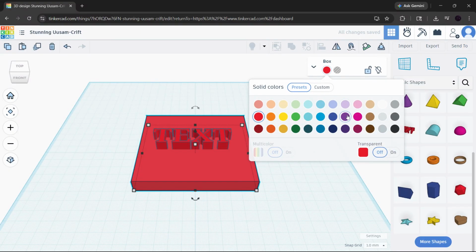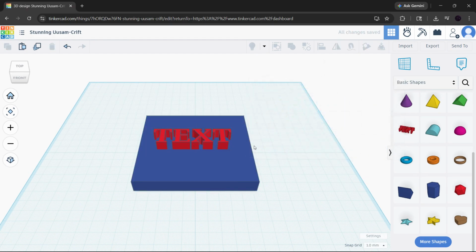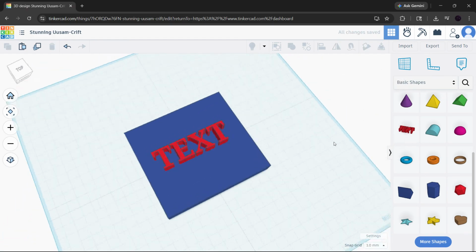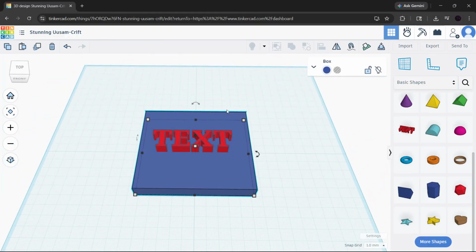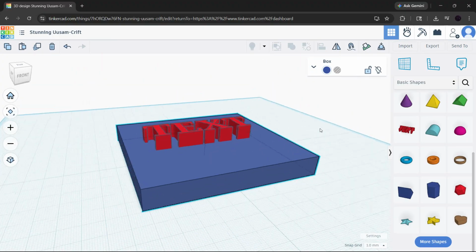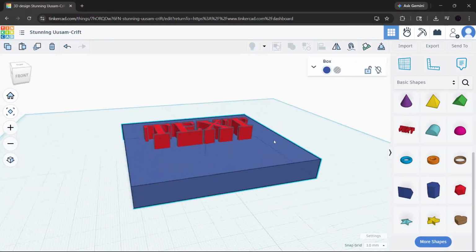Let's get started. First, open Tinkercad and go to your design workspace. On the work plane, place the base object that you want to engrave into. This could be a box, a plate, a cylinder, or almost any other shape you want to customize. The important thing is to make sure your base object is already sized the way you want before adding the